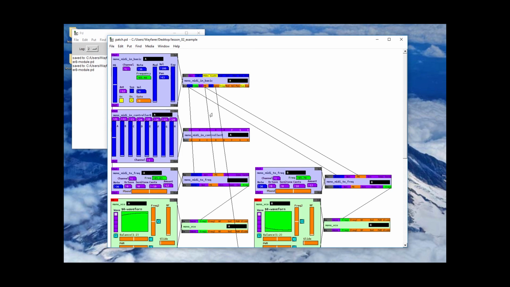And you'll notice one other thing about my MIDI modules. They have left inlets and outlets. This is so channel numbers can be sent from one to another. So if I decide I wanted to change my channel inputs, like I have a controller and it's sending on channel 2, if I change this to 2 here, in the top MIDI and basic, you see it changes it to 2 down here automatically, because they're connected here